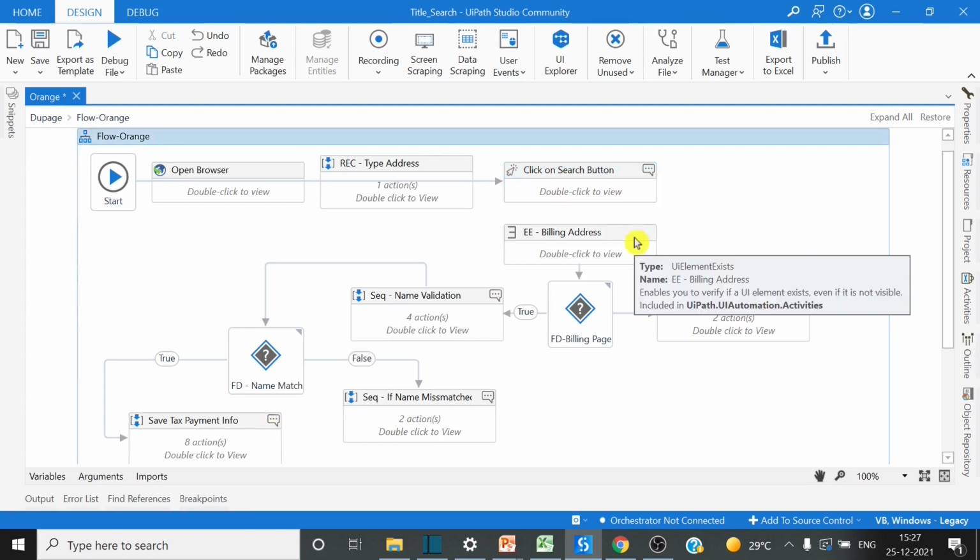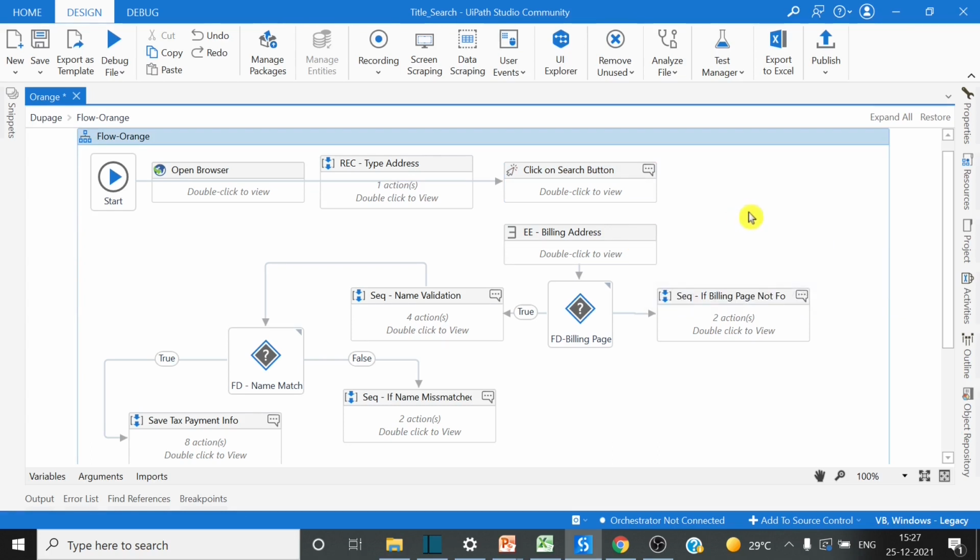In the previous county, we had the scenario that only one result will come or no result will come. That we have handled from here. So if the billing address page is available, then there is a result available, otherwise no result. But here the scenario is different. We might have multiple results also for one record. So let's see how to